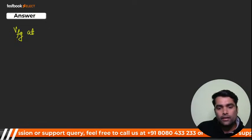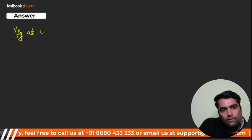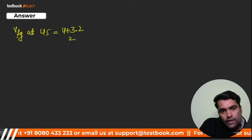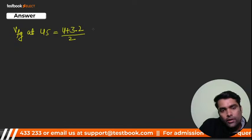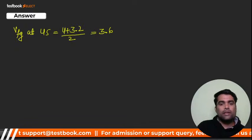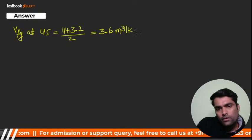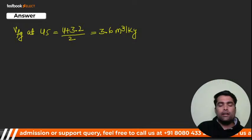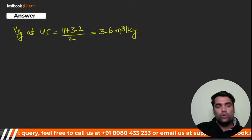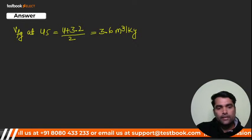That is Vfg at what, my dear? At 45 is going to be 4 plus 3.2 divided by 2, that is 7.2, that is going to be 3.6, right? 3.6 meter cube per kg, ये मान लीजिए आप unit. Okay, so if you get it, that means now you get that Vfg, right? Now my dear, Sfg, you know that, right? आपको Sfg पता है, I can easily, so my dear, see